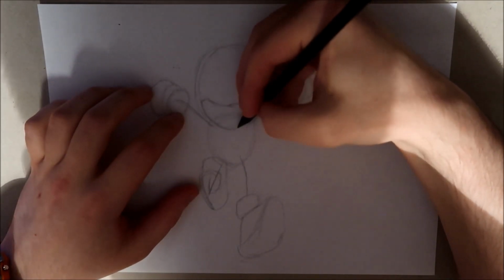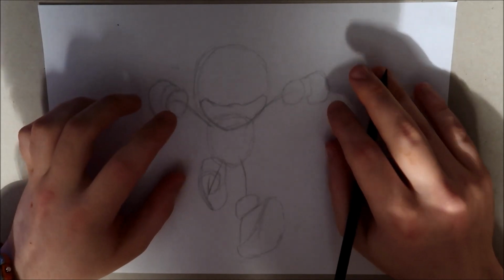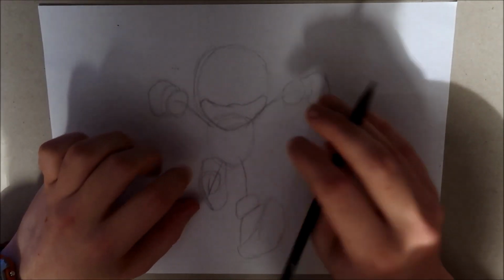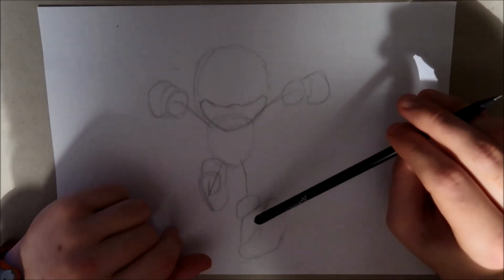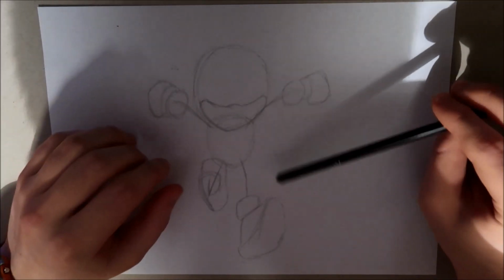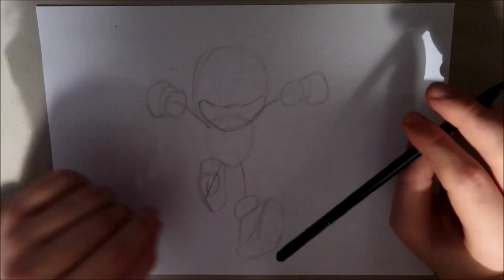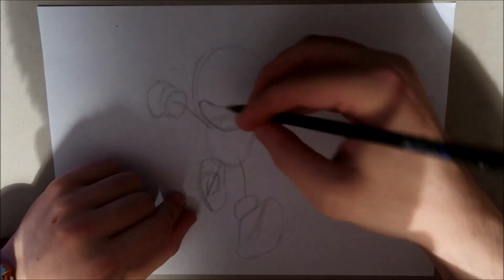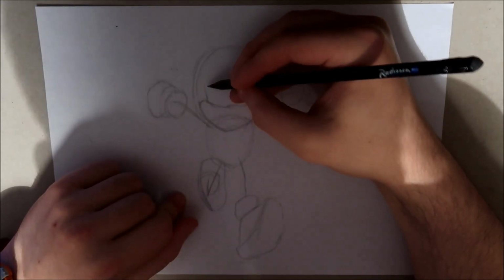So going down until about there, and it doesn't really matter if your guideline is a bit too small or too large, because you can always rub that out and then just move it down a little bit. Of course, it's not as easy if you were doing it digitally. It'd be a lot easier to move things and adjust things, because you've got to rub all this out, or bits of it, just to move it down. But we'll keep on going, and starting on with the next step is the